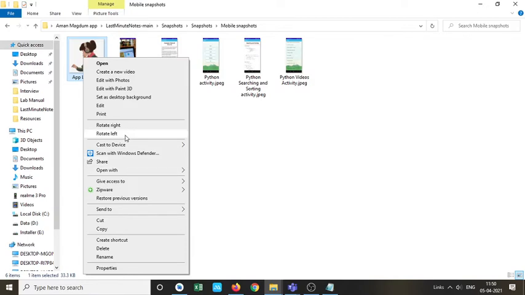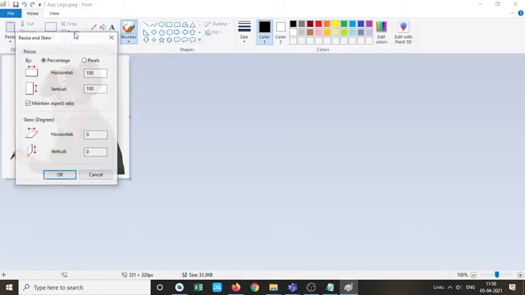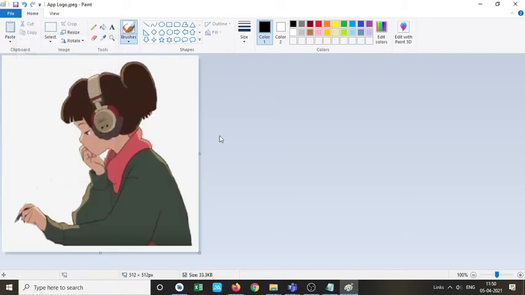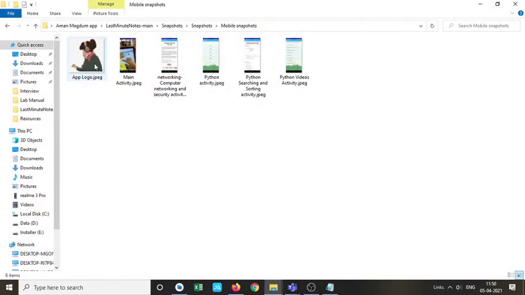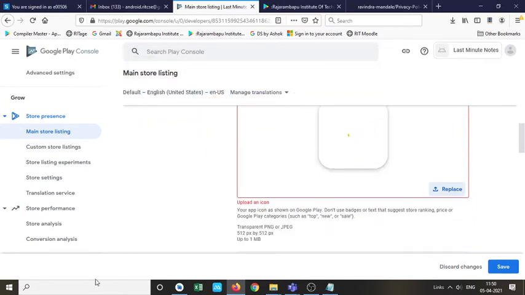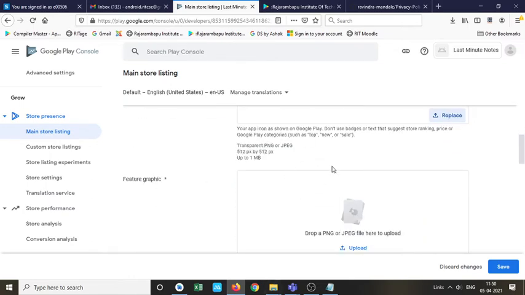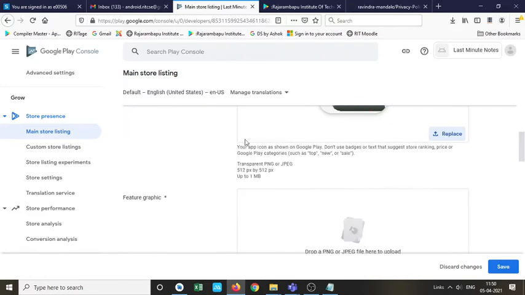So make sure that the logo you are creating is a unique one, and it should have 512 into 512 resolution. Now definitely this is not the right way, as it will reduce the quality, but right now we don't have any other way, so I will do that. So add that. I have just extended its size. So you are getting the point. The logo should be 512 into 512 resolution.